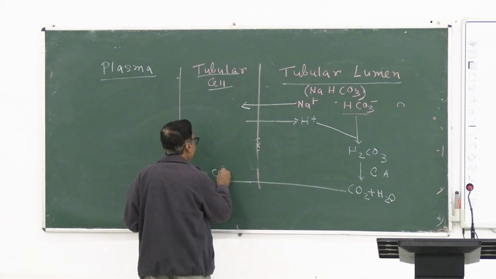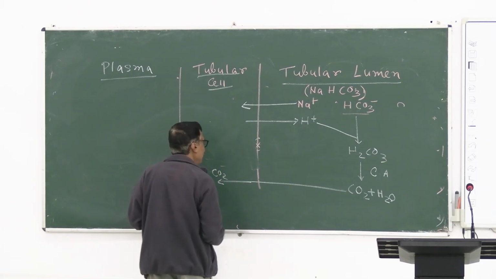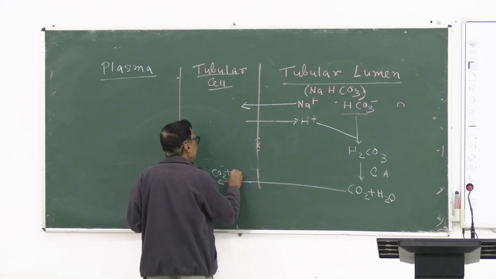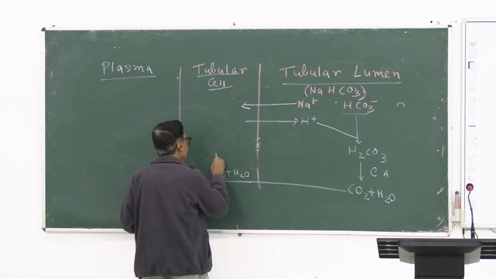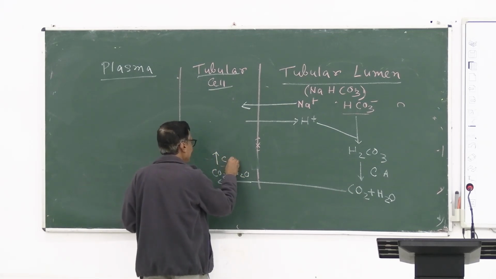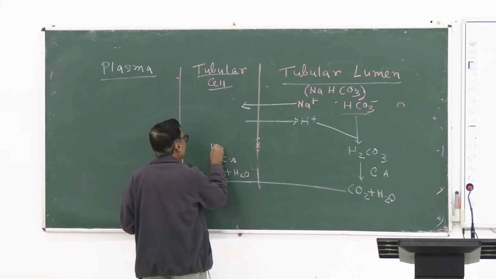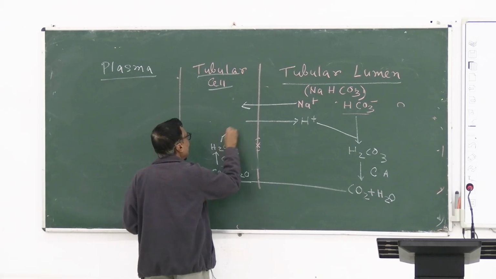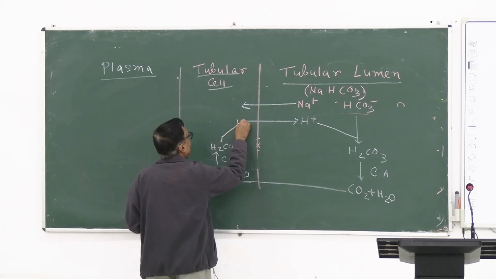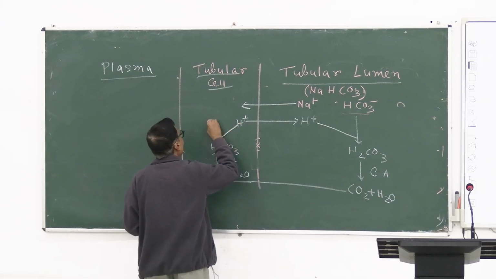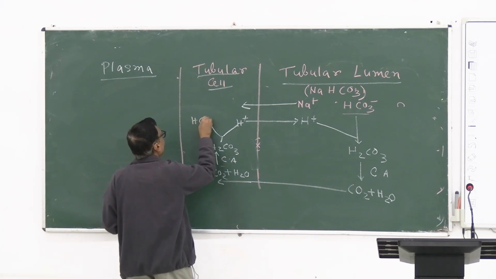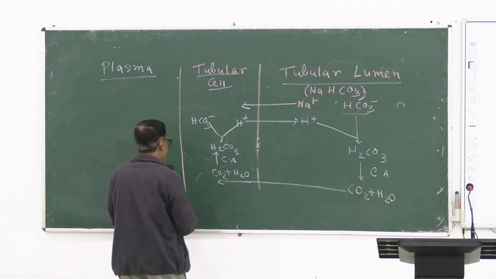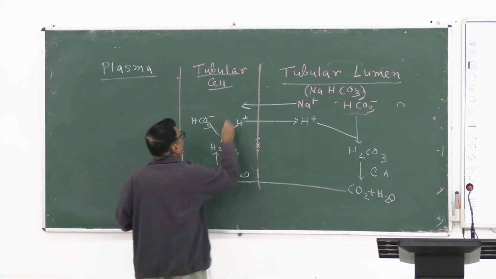And this carbon dioxide appears here. This will combine with water, again by the same enzyme, to form H2CO3. This is dissociated to hydrogen ion and bicarbonate ion. Sodium ion,